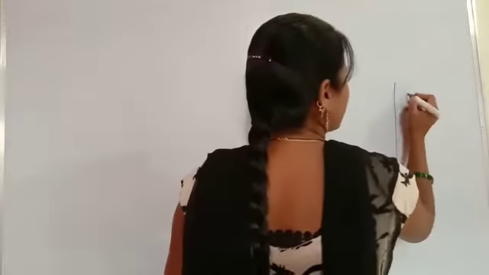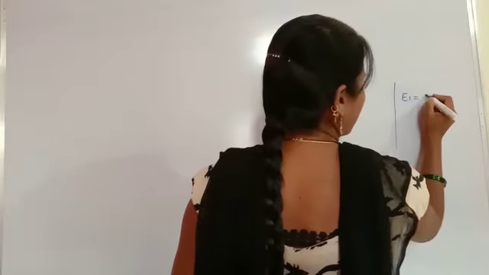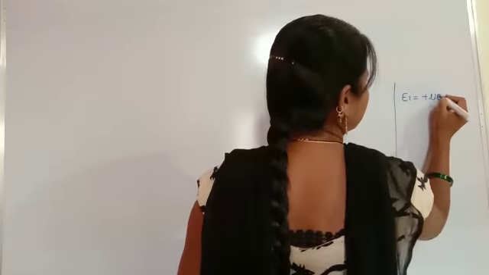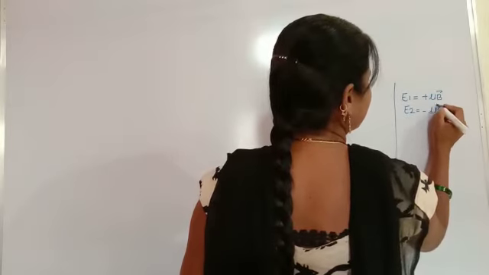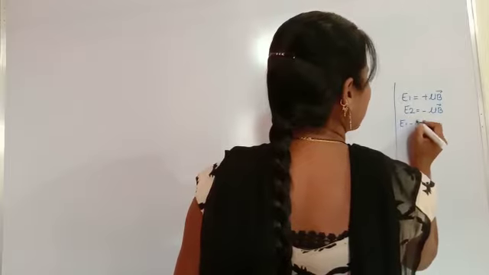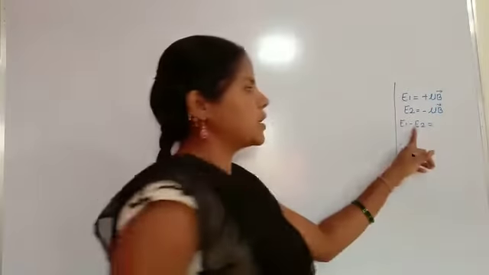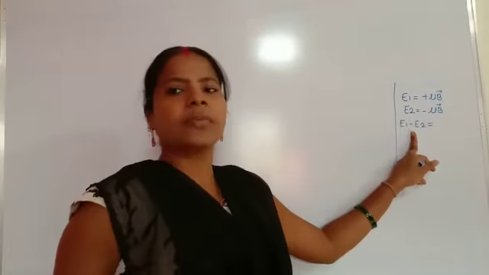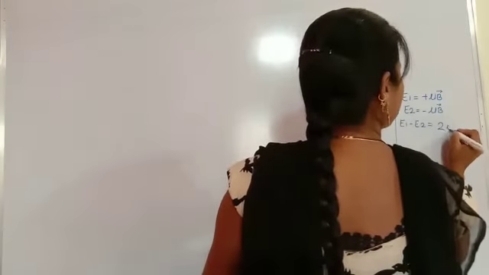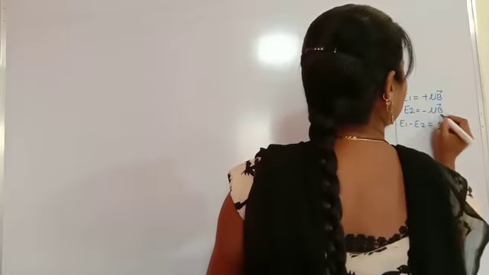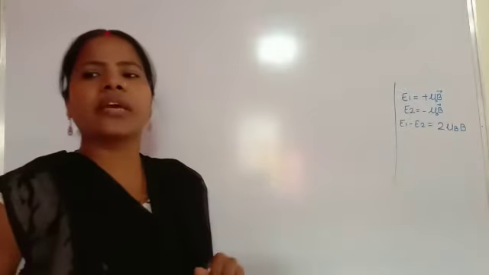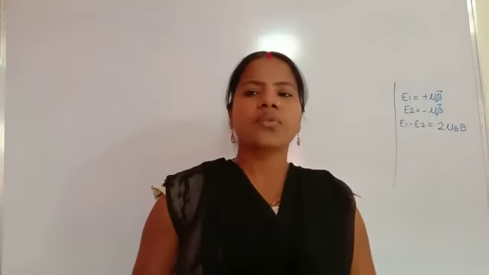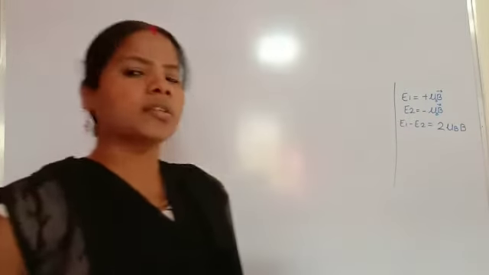So we calculate here E1 is equal to plus mu b and E2 is equal to minus mu b. Therefore, E1 minus E2, the energy difference of the system, is equal to twice mu b, where the suffix b denotes the Bohr magneton. We are calculating the energy level splitting for one electron in the magnetic field directed along the positive z axis.